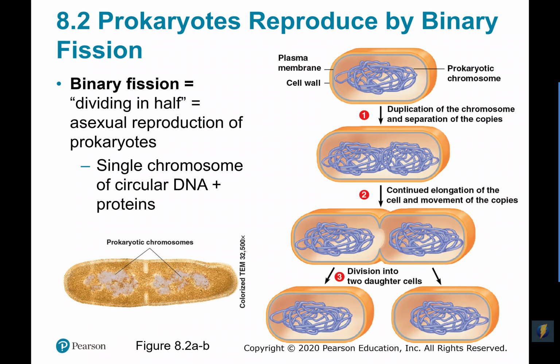The two chromosomes plus the protein migrate along with the cell as it elongates, and then the cell splits in two, and you have two genetically identical daughter cells, and they're identical to each other and to the parent. So very, very simple binary fission process. Duplicate the chromosomes, they separate, the cell elongates, and then essentially just splits in two. And that is how all of the prokaryotic organisms, so things like bacteria, archaea, reproduce.